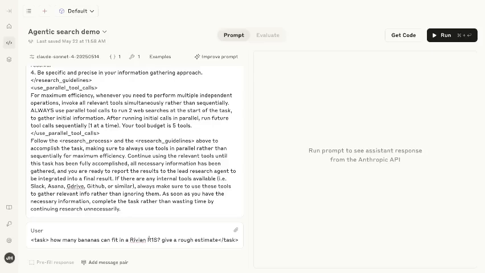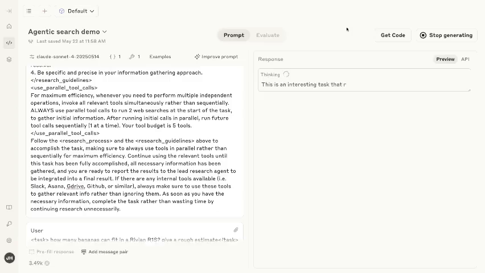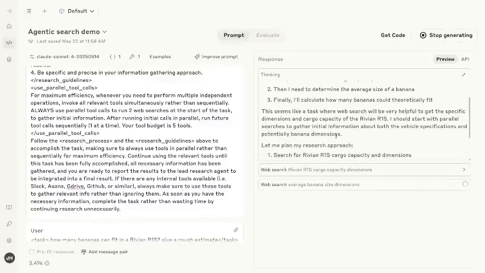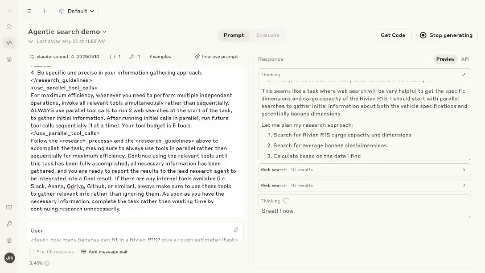This is not a question that the model will be able to answer because the Rivian R1S came out very recently. It's a car. It doesn't know in advance all the specifications and everything, so it'll have to search the web. Let's run it and see what happens. You'll see that at the very beginning, it will think and break down this request. And so it realizes, OK, web search is going to be helpful here. I should get cargo capacity. I should search